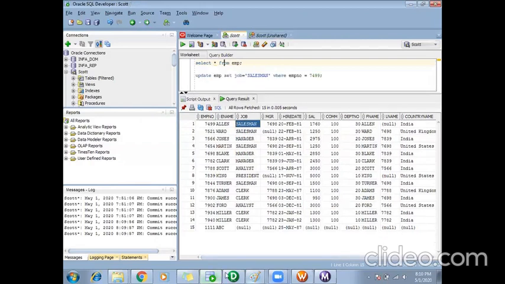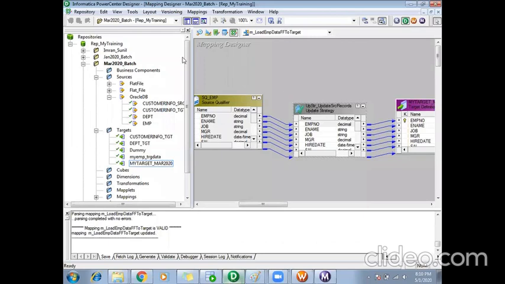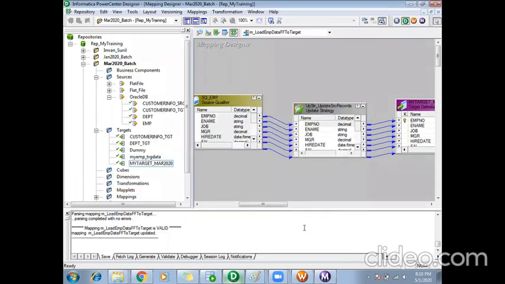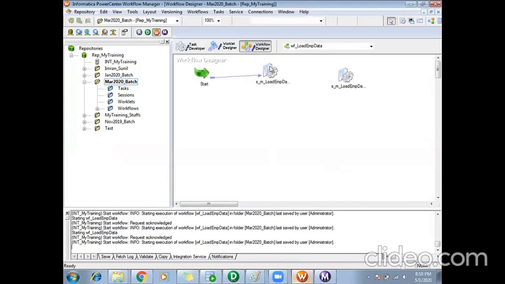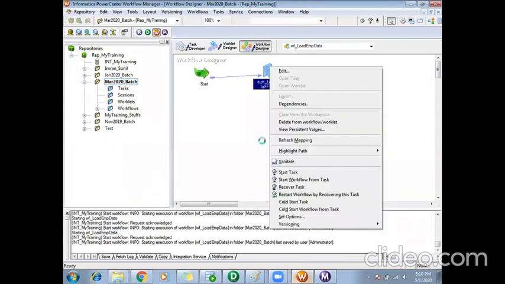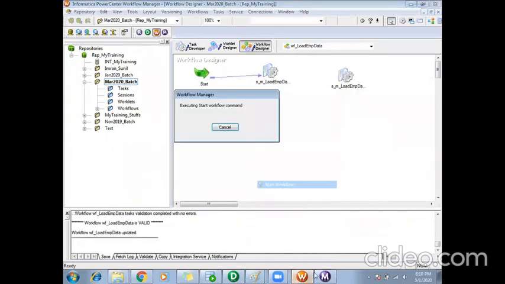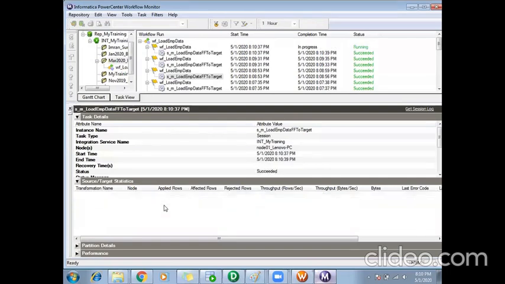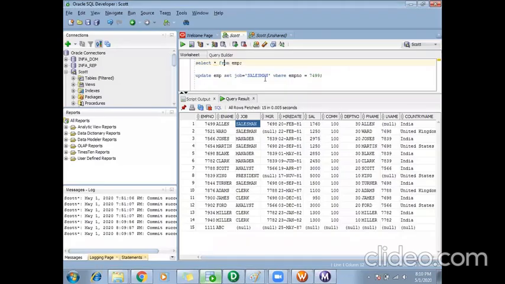So what I'll do then, here I will say update. I will save this, refresh my mapping, start the workflow. Done.